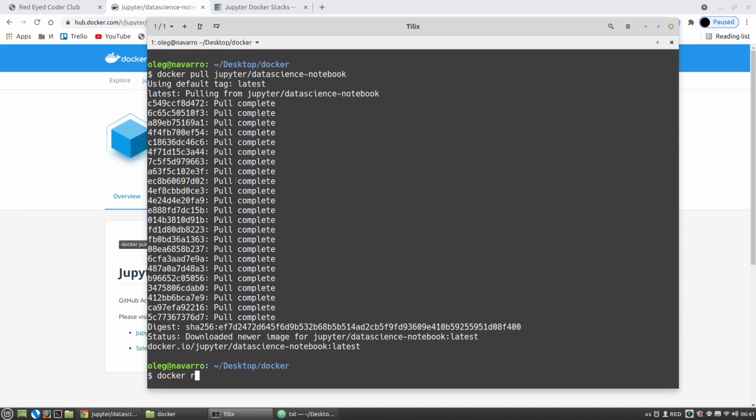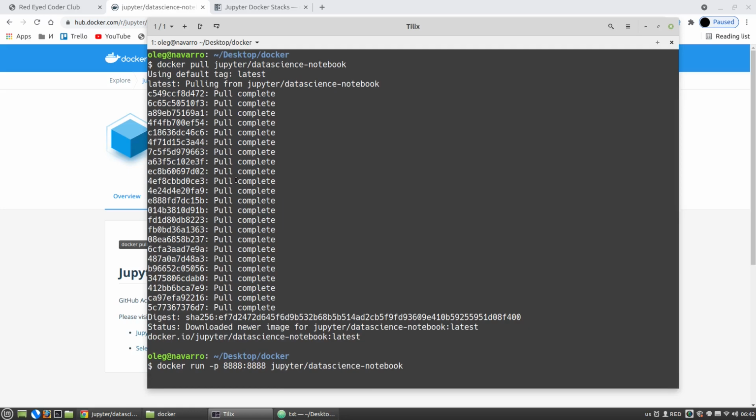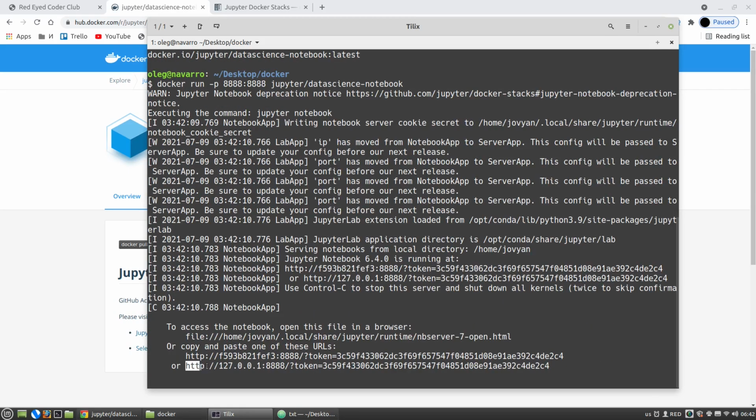Docker run -p, the default ports number of Jupyter notebooks, Jupyter Data Science notebook. Control click on this link, or I can copy it.